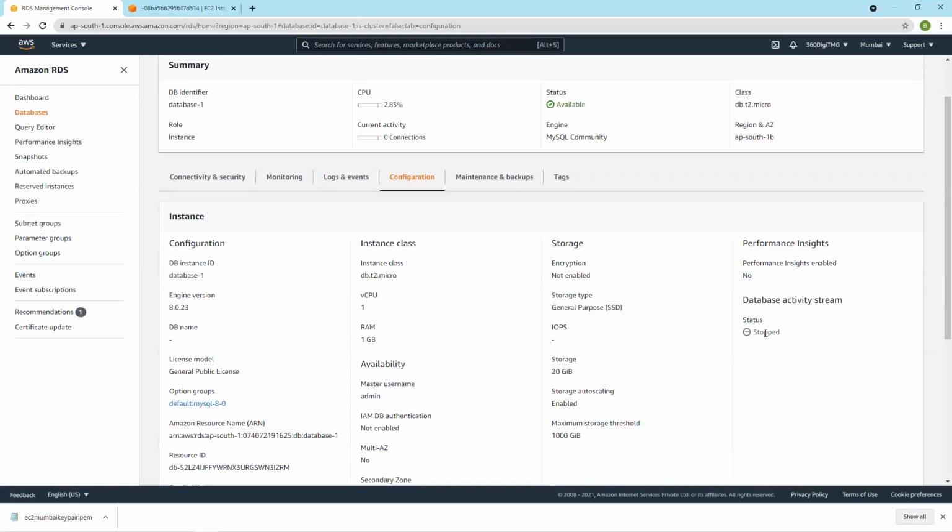Database activity stream stopped. Why so? Maybe this is the reason.